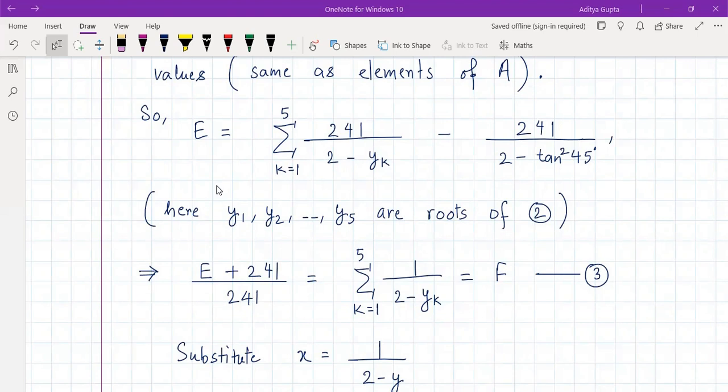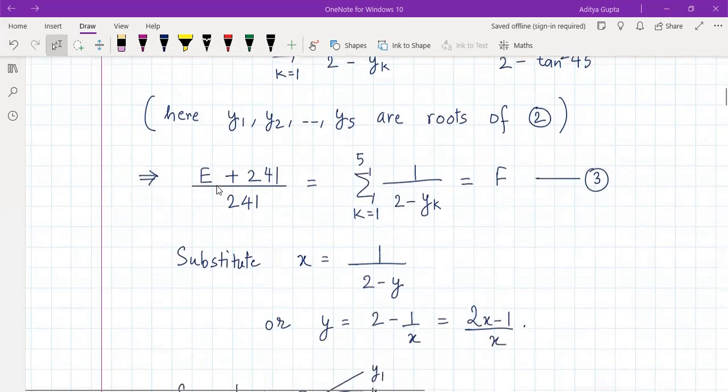Why do I want that equation? Because if I am able to form an equation whose roots are 1 upon 2 minus y1, 1 upon 2 minus y2, 1 upon 2 minus y3, 1 upon 2 minus y4, like that, then I'll simply be able to find the sum of the roots of that equation, right? Because right now, if I wish to calculate this sum directly using sum taken one at a time, taken two at a time, it might be a little bit lengthier and difficult to calculate, because we'll have to calculate so many LCMs, etc., right?